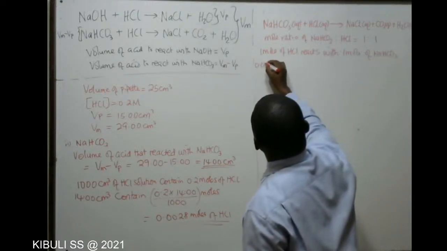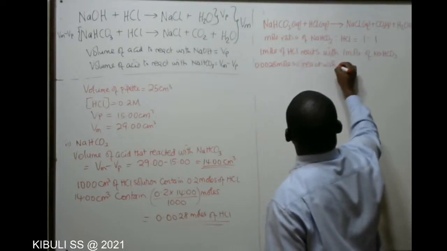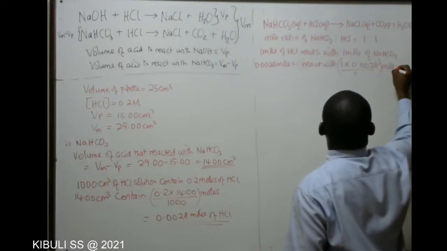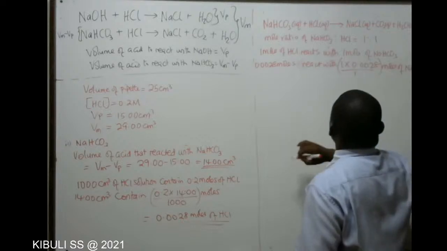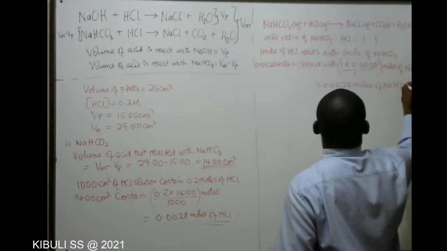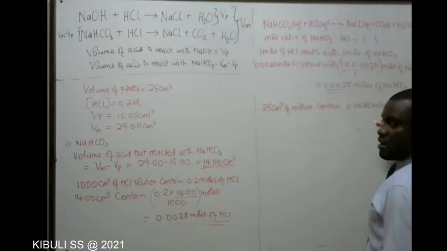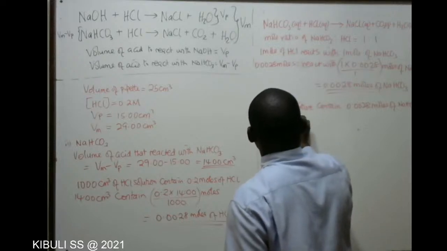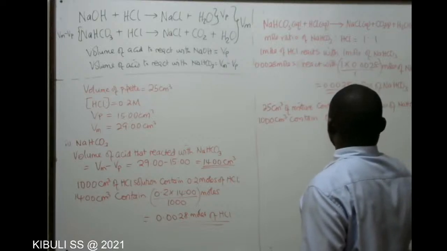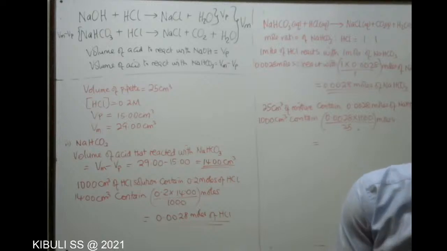So what about 0.0028 moles of HCl? React with, cross multiply, so you get 0.0028 moles of sodium hydrogen carbonate. But these moles were in 25 cubic centimeters. What about 1,000 cubic centimeters? Contain of the same mixture 0.0028 times 1,000 over 25 moles. The answer which you get here is